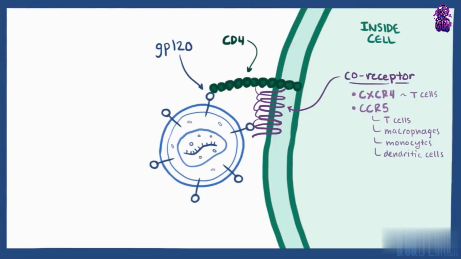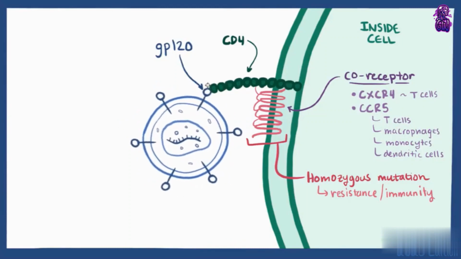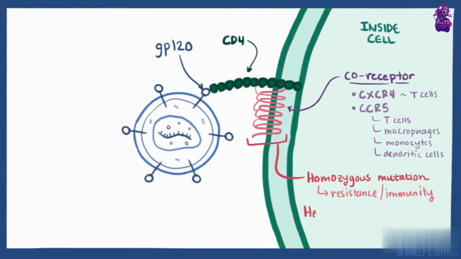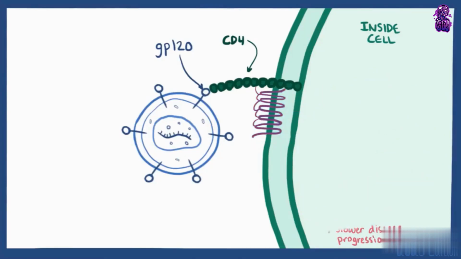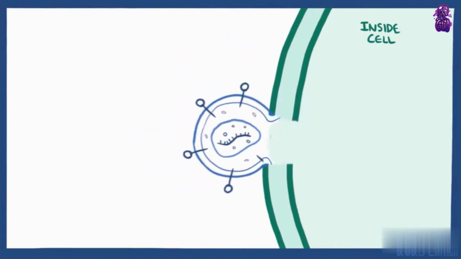These co-receptors are so important for HIV that some people with homozygous genetic mutations in their CCR5 actually have resistance or immunity to HIV, since HIV can't attach to them and get into the cell. In fact, even heterozygous mutations, which lead to fewer co-receptors on the cells, can make it harder for the virus to spread and results in a slower disease progression. For those without this mutation, though, once HIV binds to CD4 and either CCR5 or CXCR4, it gains access into